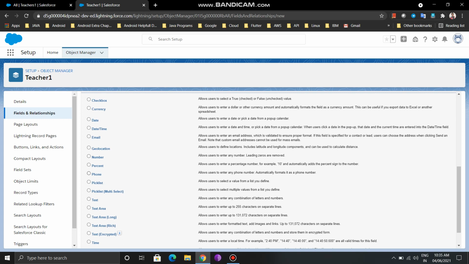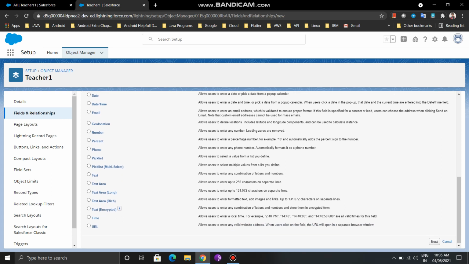For phone number we can also use phone. And pick list, when we need to select a value from multiple values, from the values you have defined, then we use pick list. For the text field, like name, first name or last name, at that time we use text.